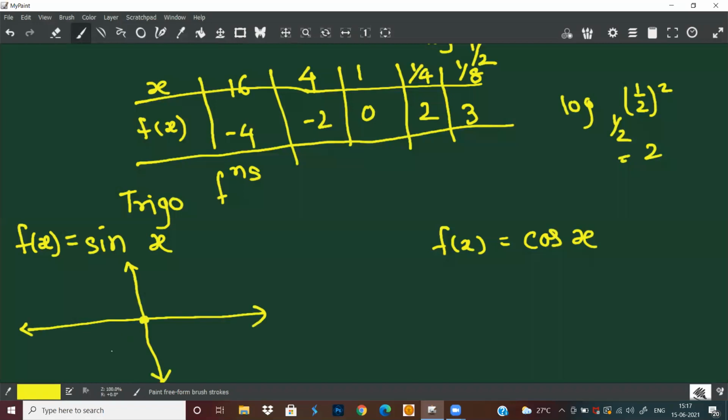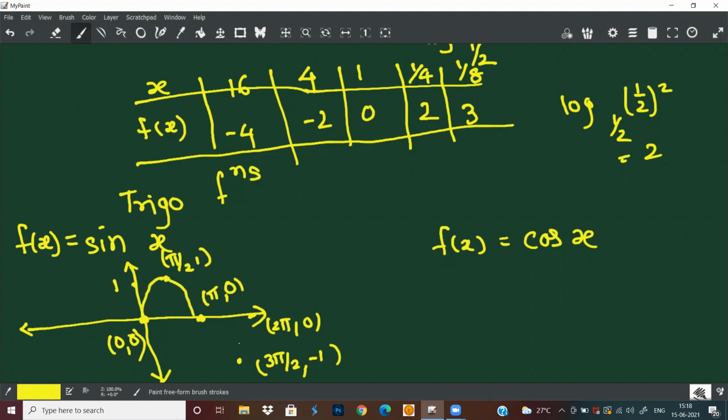See, sine 0 is 0. So x is 0, f of x is 0. Sine 90 is 1. ये है 1. तो साइन 90, तो ये है π/2, 1. Again, sin π becomes 0. Sin 3π/2 is -1. Again, 2π is 0. ये -1 पकड़ लिया. ओके,